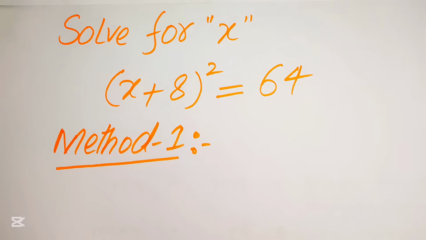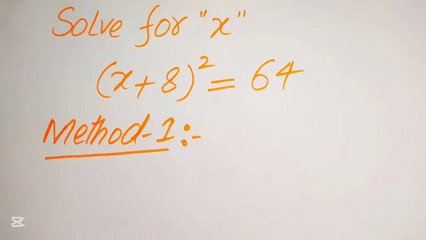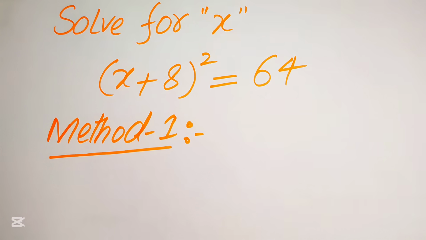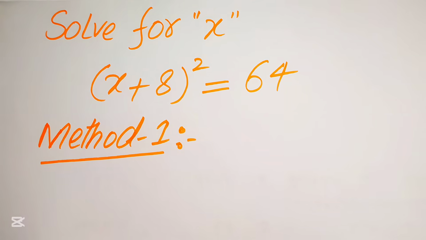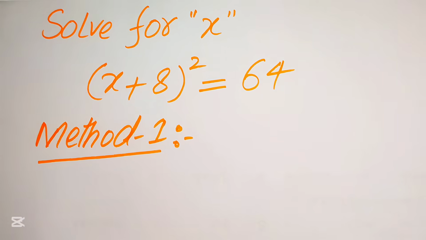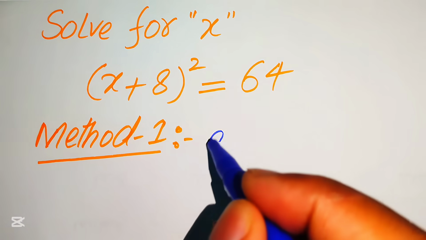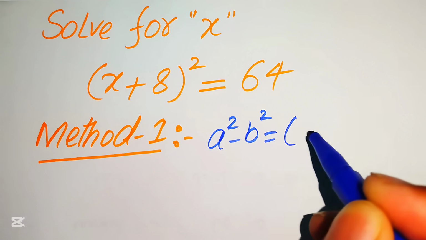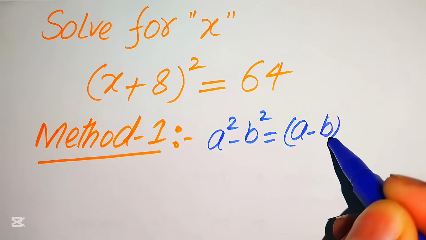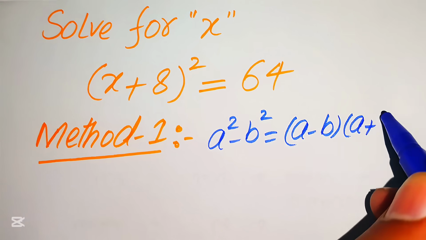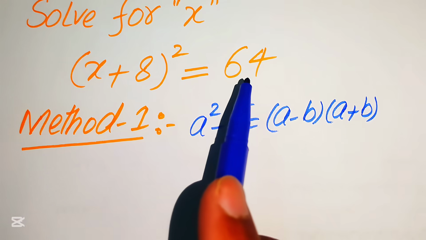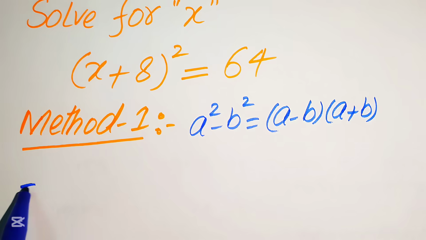So now we move forward to solve this problem with method number 1. In the first method, we can apply this algebraic formula. You know that a square minus b square equals (a minus b) times (a plus b). So in order to apply this formula, we need to move the 64 to the left hand side,